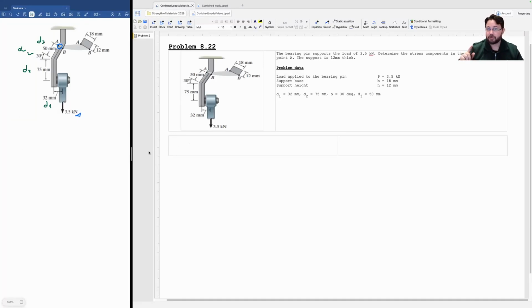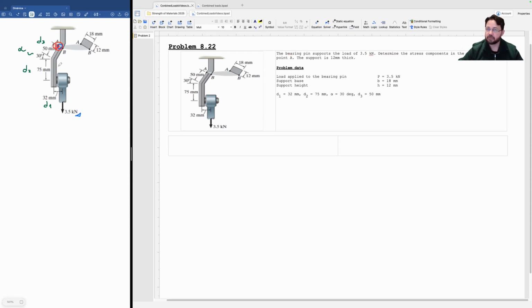This is problem 8.22 from the textbook Hibbeler's Mechanics of Materials, the one that we've seen in the lectures. And the problem says like this: the bearing pin supports a load of 3.5 kilonewtons. So this is a bearing and this is the pin. And it asks us to determine the stress components in the support member at point A,